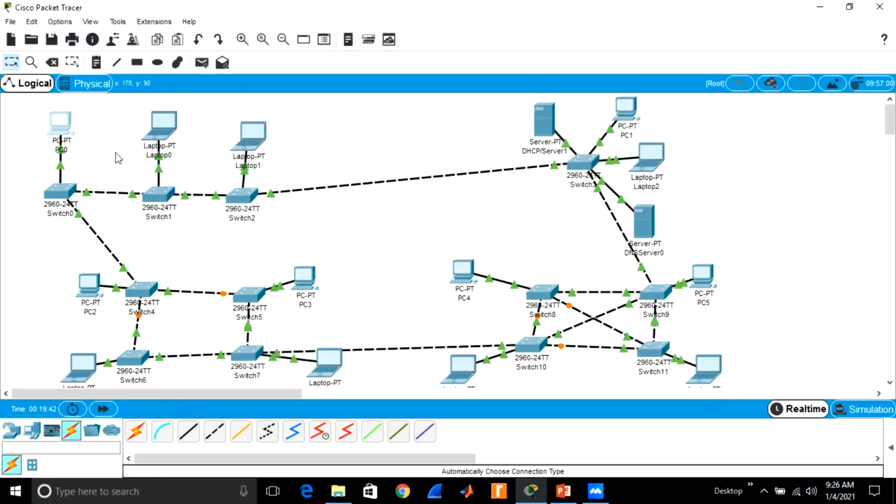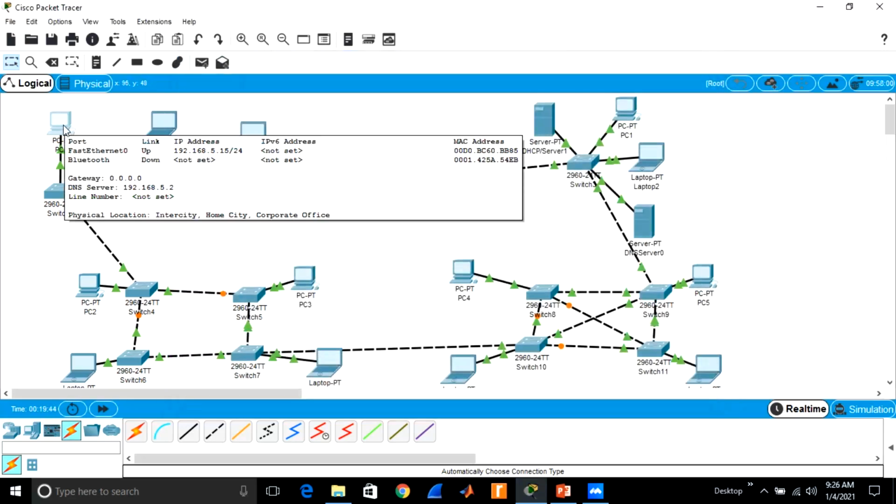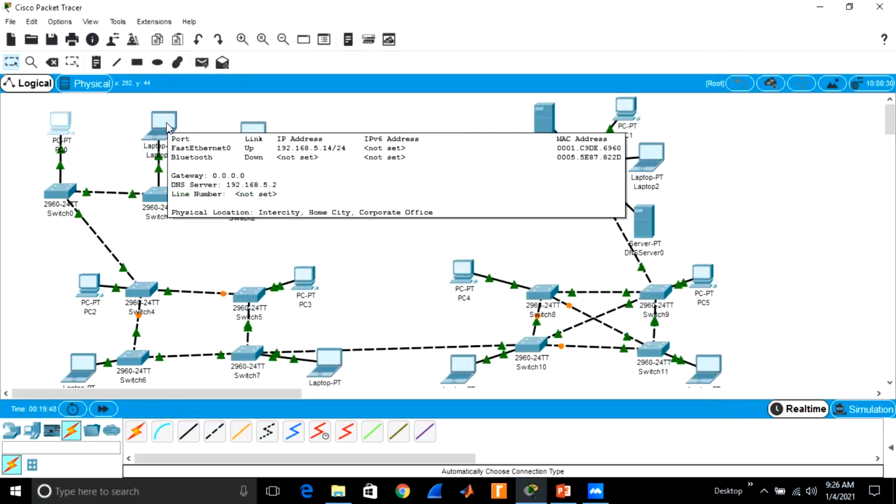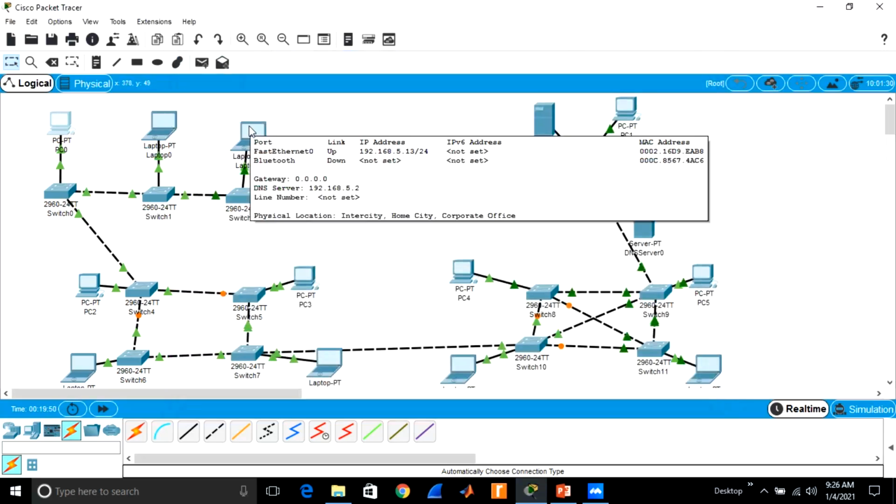So hope we have configured all the devices completely.